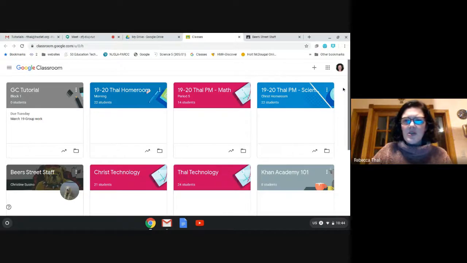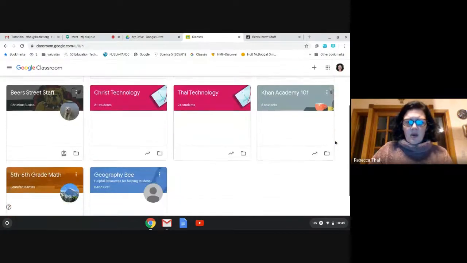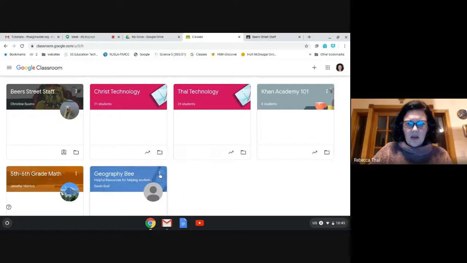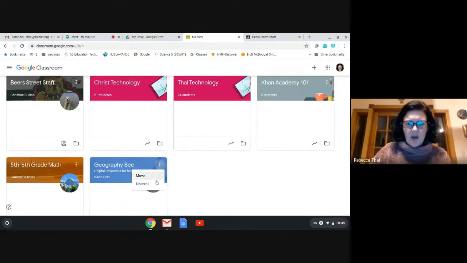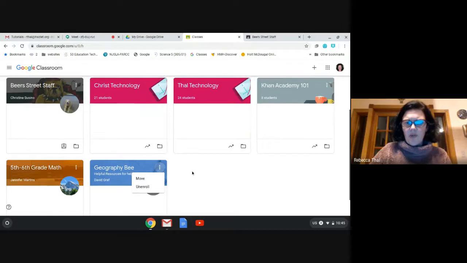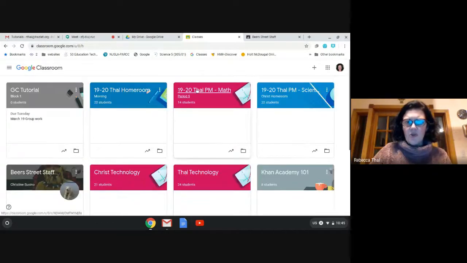I always tell students, if they're still enrolled in a class from let's say last year that they know they no longer need from a different grade level, they can unenroll. They can literally go up here and hit archive, or I think it's, well, these are mine, so it doesn't say unenroll, but let me try to find one that I'm enrolled in, and I'll just show you that for a minute. And the other thing that you should know here, unenroll. So you can unenroll if there's an old class that you no longer need, or if the students no longer need. The other thing that you should know is just to be patient,